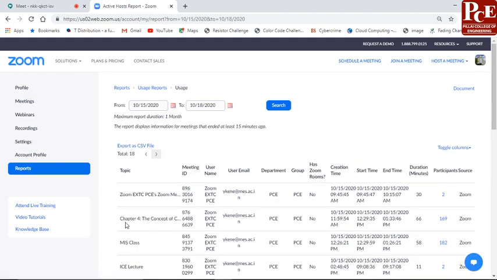So let's say for this lecture we want to find out the students. So this is the meeting ID, then timing, duration, and this many number of logins. Actually it's 169. What does that mean? A few students may have left in between and again joined. So this is the total number.